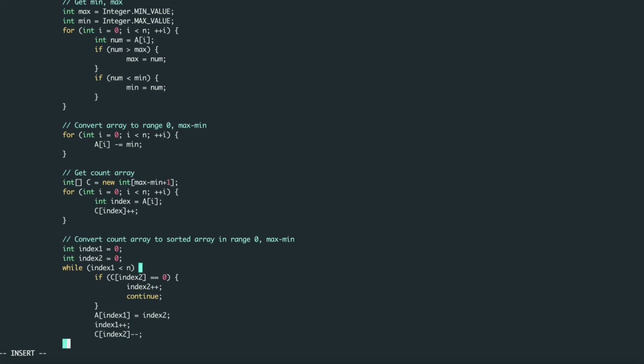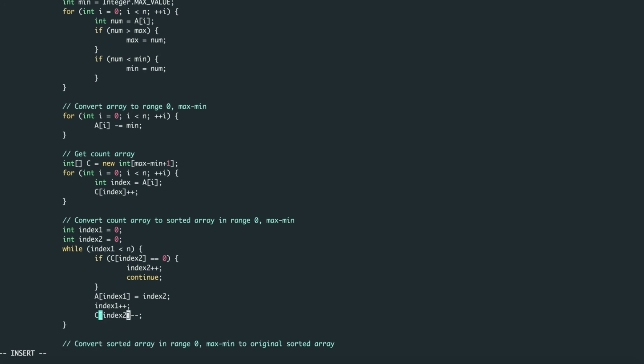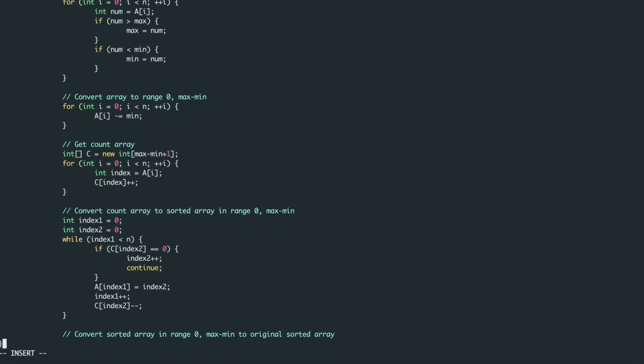So we decrement the count because we have used that value and populated it in array A. We increment index 2 only if the value at that index in the count array is 0, and we increment index 1 whenever we have populated one value in array A. Sounds good. So now we have this sorted array in range 0 to max minus min.